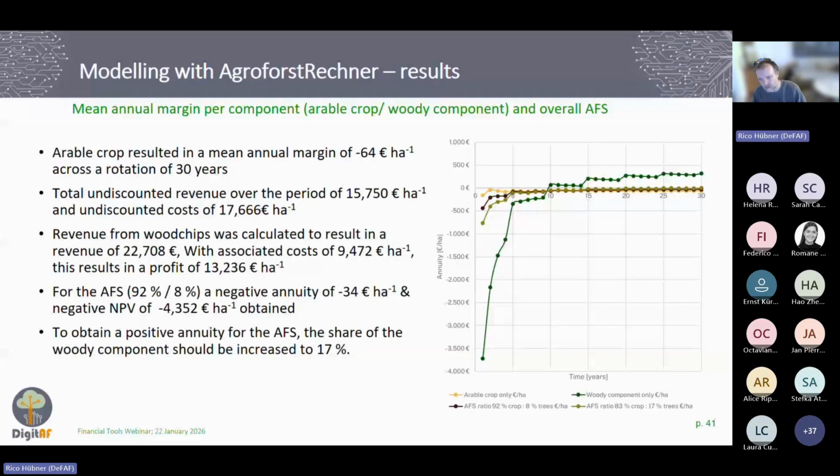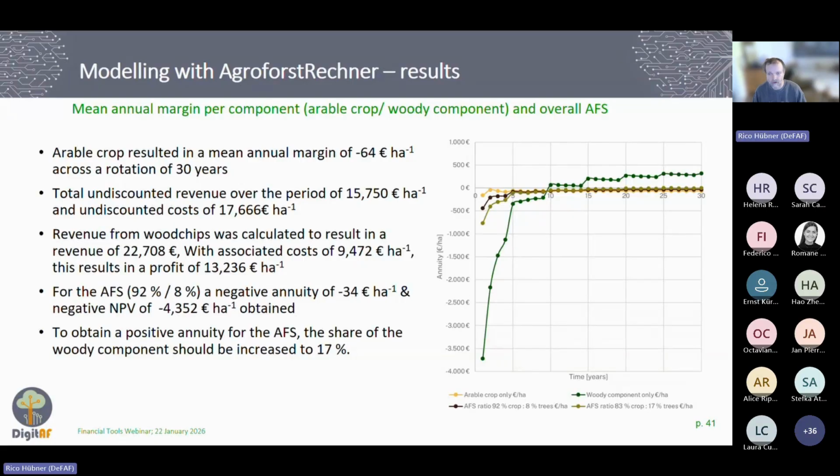And now you put the two together, that says 92% is arable crop, 8% is woody crop. You would reduce your negative annuity from 64 that we just mentioned for the arable crop to only a loss of 34 euros per hectare and year,